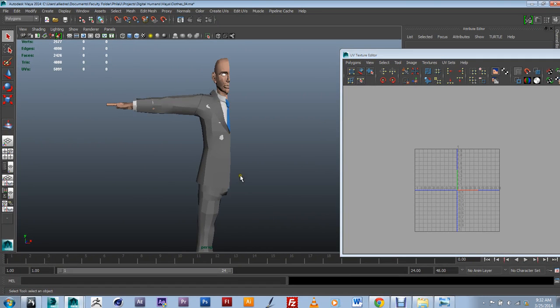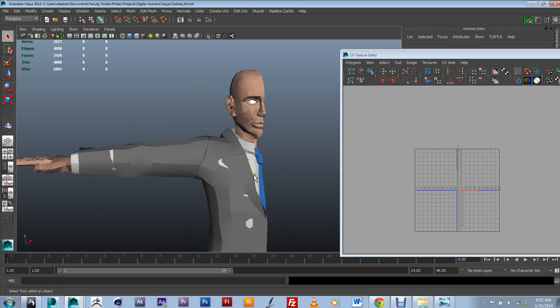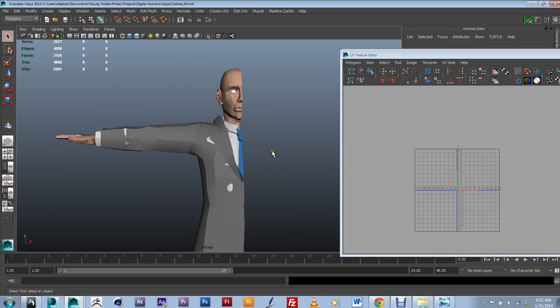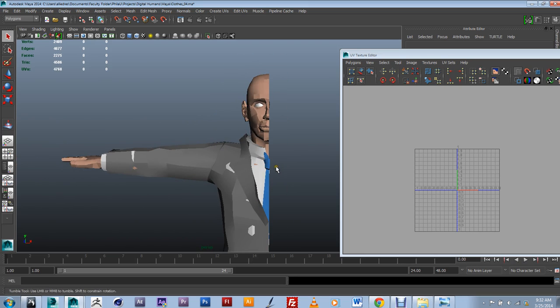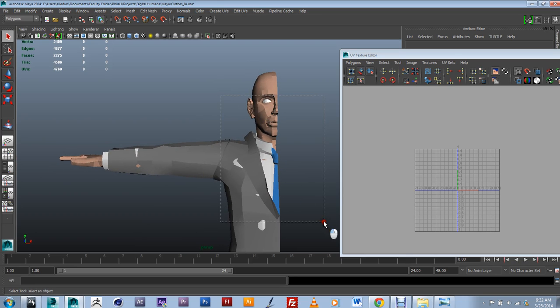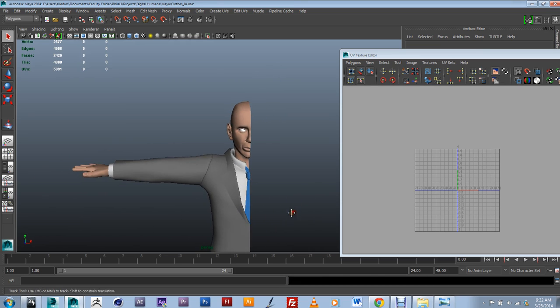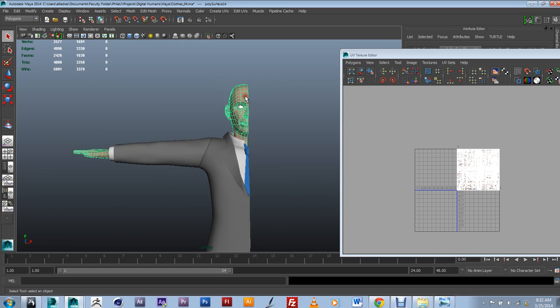In this video, we're going to start addressing how we go about texturing a character. And again, there's different methodologies or work processes for this. But the one that I'm going to be explaining how to create is basically how you go about unwrapping only half of your character, and then texturing half of your character. And then once that process is finished, how you go about mirroring your character so you have a symmetrical character